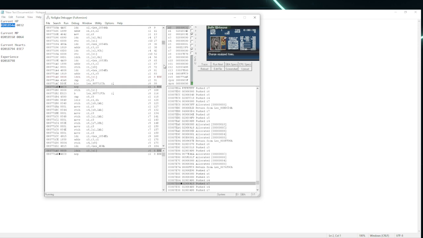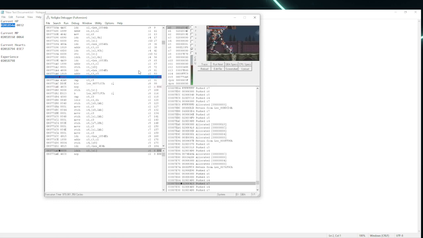I'm going to show you guys how to multiply the experience you gain so you can level up quicker. First, I'm going to remove these breaks. You can just click it once. You can also delete it down here. Right click, just click on it and hit the delete button. It's gone. So now that we have the experience address, we can